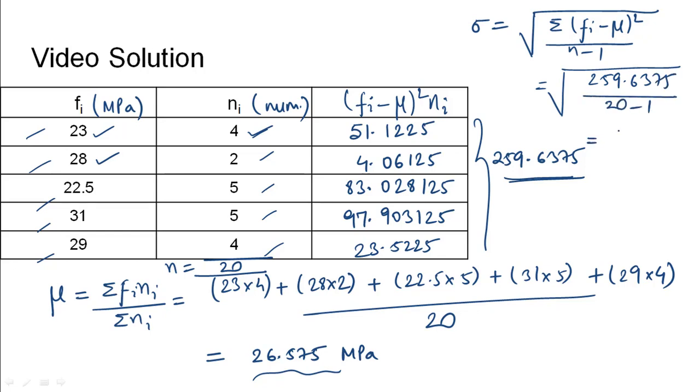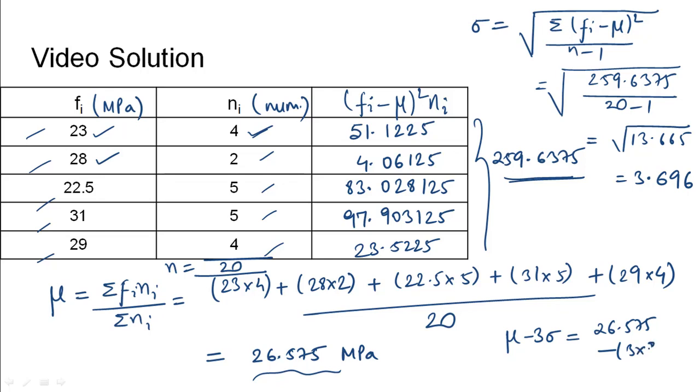This would turn out to be square root of 13.665, that is the same as 3.696. Now the question has instructed to find the value of mu minus 3 sigma, which would be 26.575 minus 3 times the standard deviation, that was found as 3.696. The value comes out to be